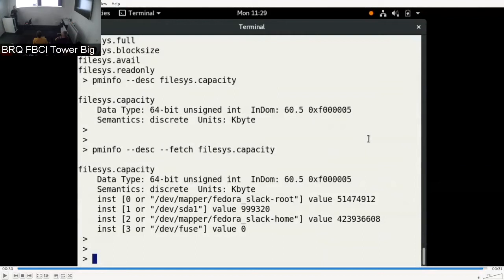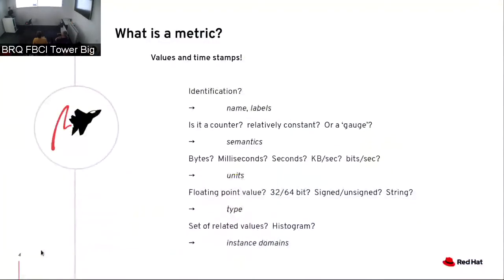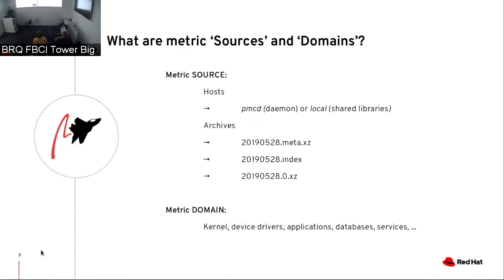The client tool will typically say, give me the raw values, and it will get the number of bytes that have been written to a disk over several samples. Then when it reports it to you, it'll do the rate conversion over those samples and say, between 2 and 3, we did 20 megabytes a second. Right, so that's metrics. These are just the fundamental concepts of PCP that we've got to get across